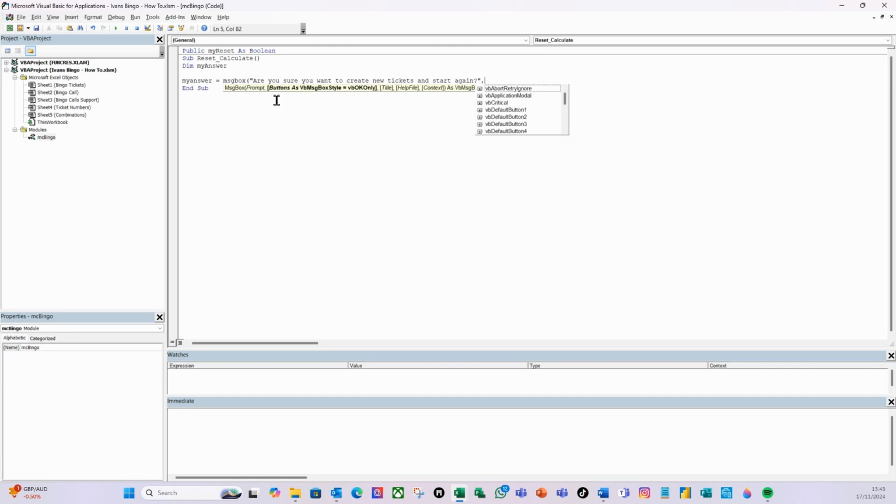I'm then going to do VB exclamation mark, E for exclamation mark, and then I'm going to do a plus, because you can add these, you can add different responses together. So I'm going to do a plus, and then I'm going to say VB yes, no, and I'm going to add that. So it's going to be an exclamation mark style, and it's going to ask him the question, and the response is going to be yes or no. I'm then going to do comma, and then I'm just going to put the title, which is going to be